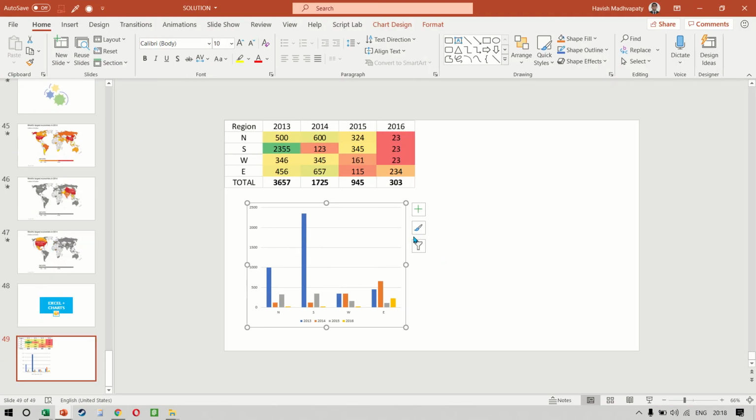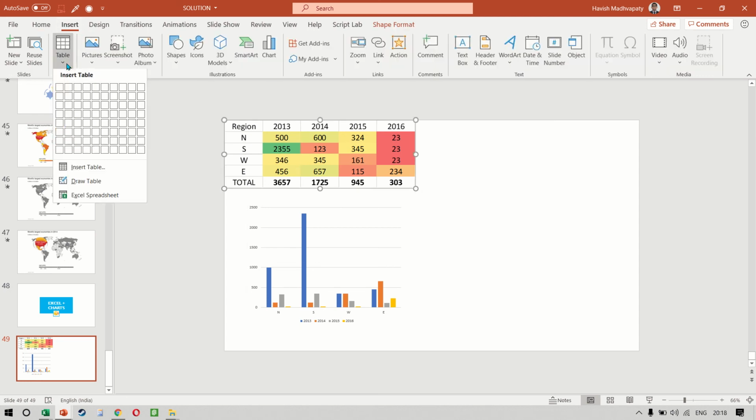Now this can save you countless hours because if you do this manually, then every time you have to prepare a different data set, you have to copy and paste the numbers. But if you go to insert and create an Excel spreadsheet and you create a link with an Excel file, you can automate the process. If you want the data to come from multiple Excel files, that is also possible. So basically, the takeaway is that just like you link multiple Excels together, similarly, an Excel can be linked to a PowerPoint by creating an Excel spreadsheet.